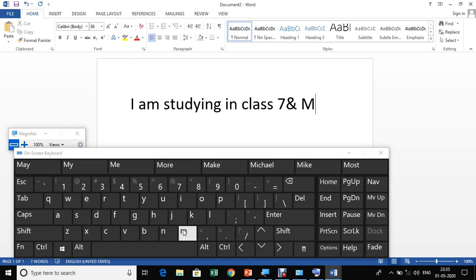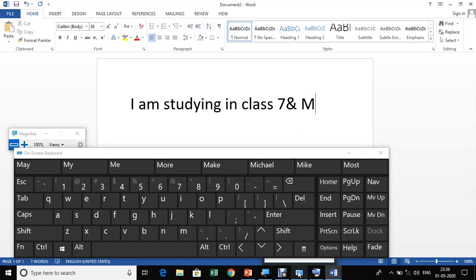Avoid pressing two keys together. It means what? Often pressing two keys together is a problem. Windows offers a solution in the form of Sticky Keys, where we can press the combination keys one by one instead of holding the keys. You know what? Shift and M. You are always confused when you have to press two keys together, because you cannot press and hold one key and then press the second key, right? Whenever you press the second key, at that time you leave the first key, meaning the Shift key. Understood? So there is a solution to this problem, the Sticky Keys option.